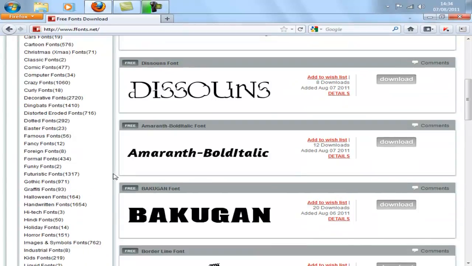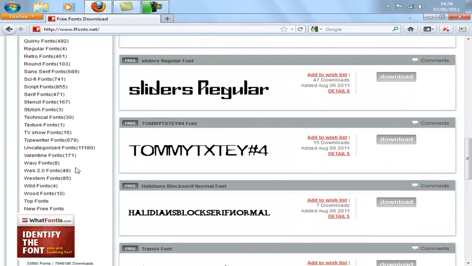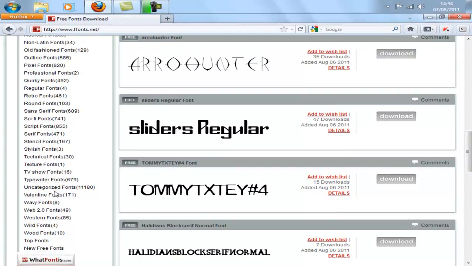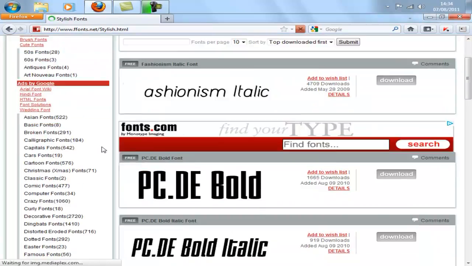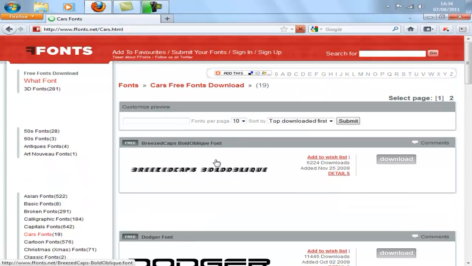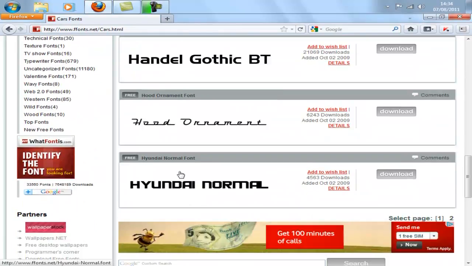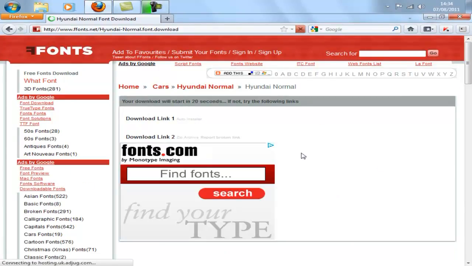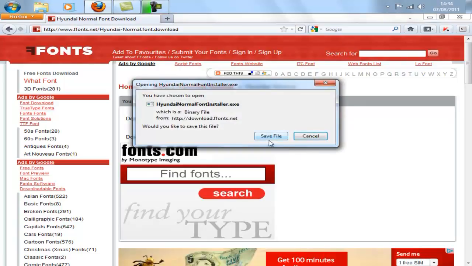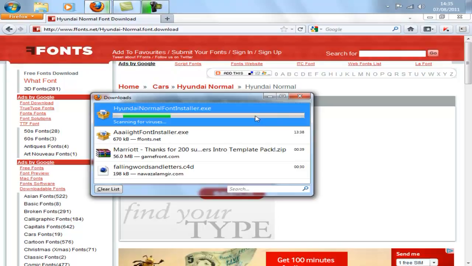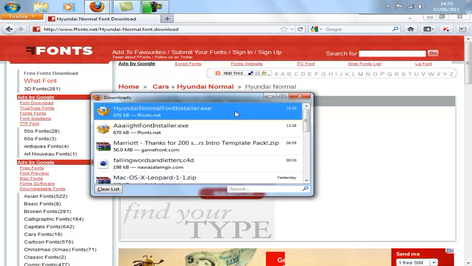This is just a website where you can get loads of cool fonts, because the preset fonts aren't really that good. So I'll just try and find a font. I'll just get this one. So you just click on it, click download, and then click save file, and it'll come up down, scan for viruses. Then you want to double click on that,